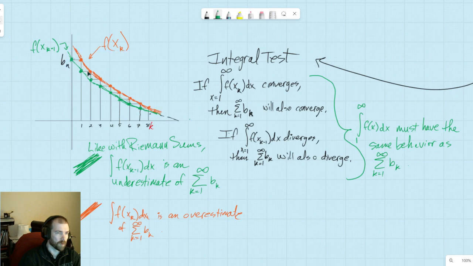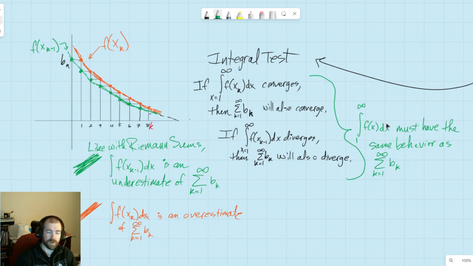Well, if the lower one diverges, then so does the top one. It's just shifted by a finite amount. So if it's infinite, then the other one's going to be infinite too. Likewise, if the orange one converges, then the green one must also converge, because again, they're the same function, it's just shifted over. We're going to get a little more interesting discussion with what those values would be, but it's pretty much not what we're doing here at all. We're just seeing whether or not something will converge.